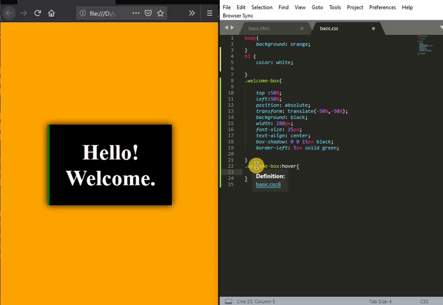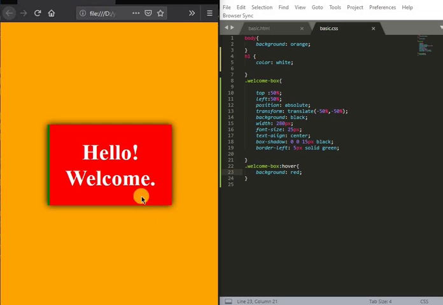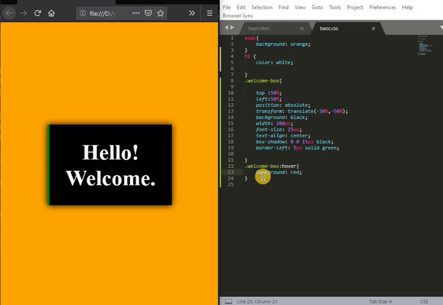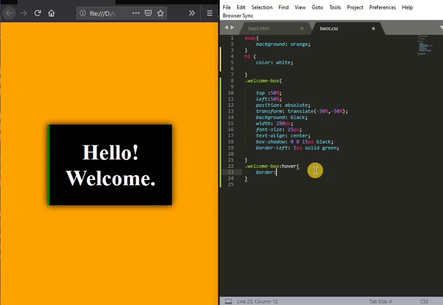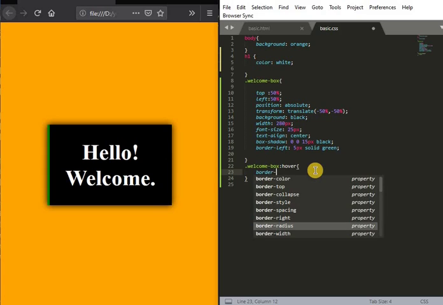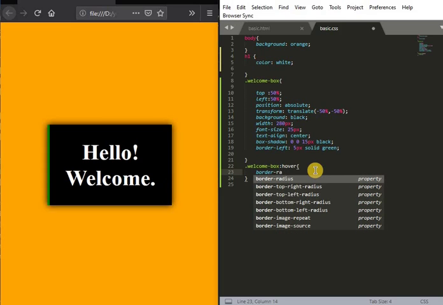After hovering, I want it to change its background color. Let's see, background, I want it to be red, for example. So now when I hover it becomes red. That red is not a good color. Let's try something else. When I hover, I want border radius.